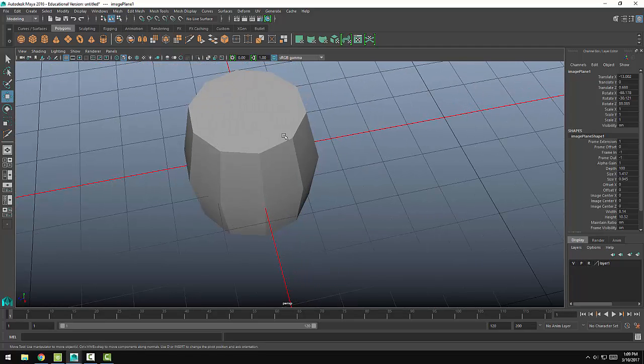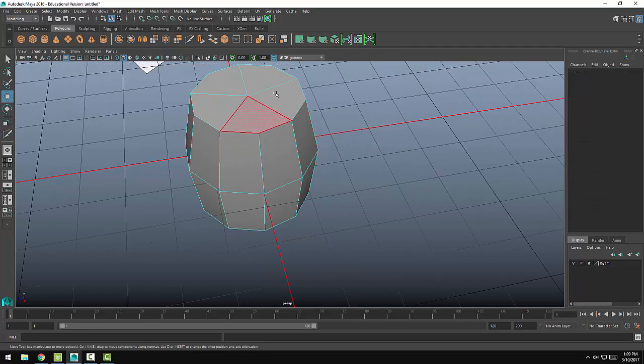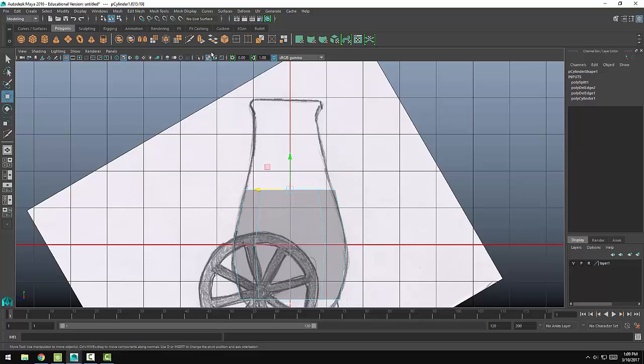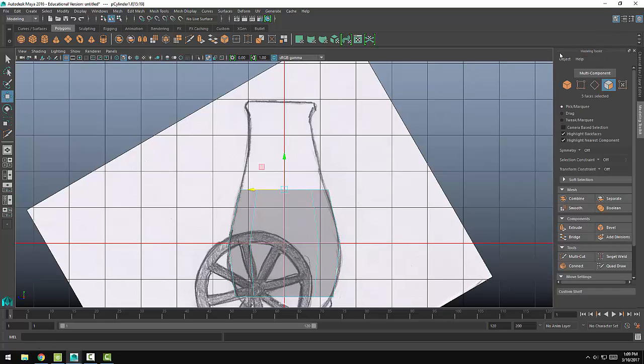Okay. So I'm going to grab this, and I'm going to start with the top part first. Now there's many different ways you can model this. This is going to be just one particular way. Grab these. I'm going to then use my extrude here, or you can go into your modeling toolkit and use the extrude here. So I'm going to click on the extrude,